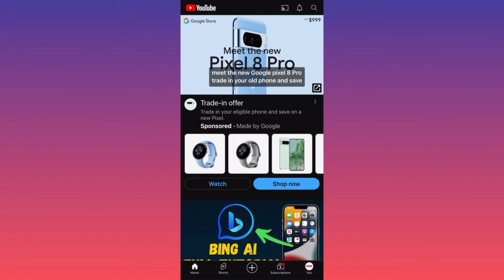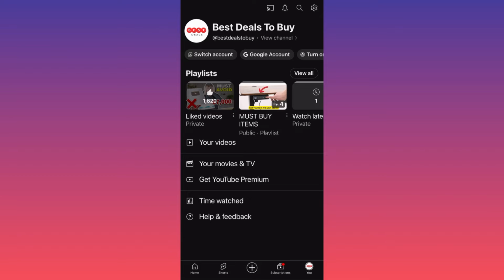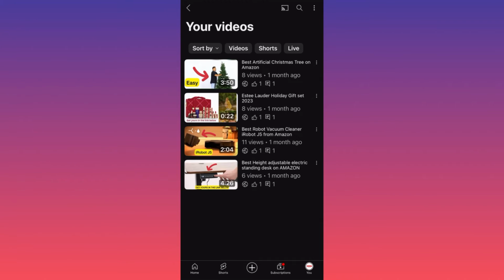So we launch the app over here and we want to go on our own profile. We're clicking on the lower right corner where you see the small profile picture, and then you're going to come over here on the section your videos. When you click on it, you will have an option over here where you're going to see all the videos